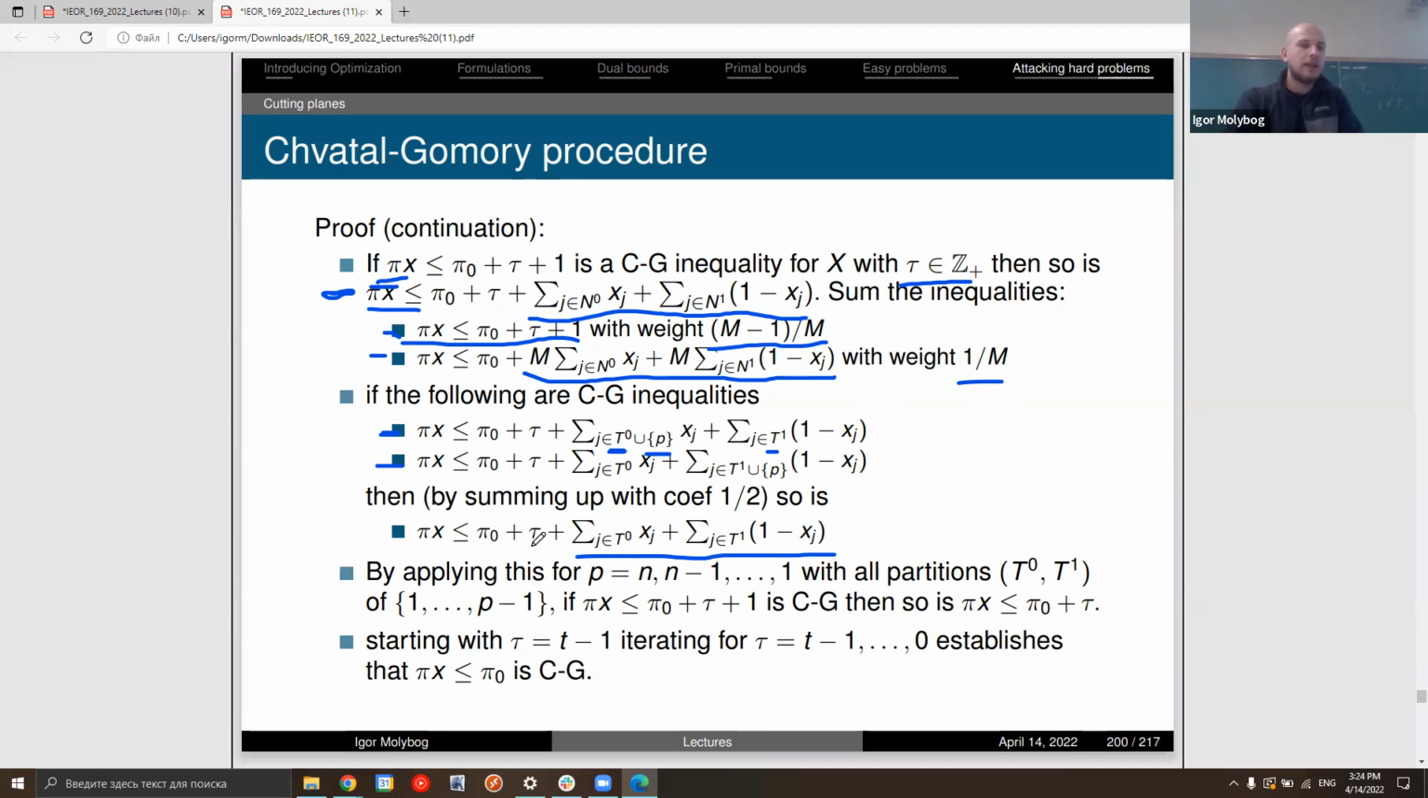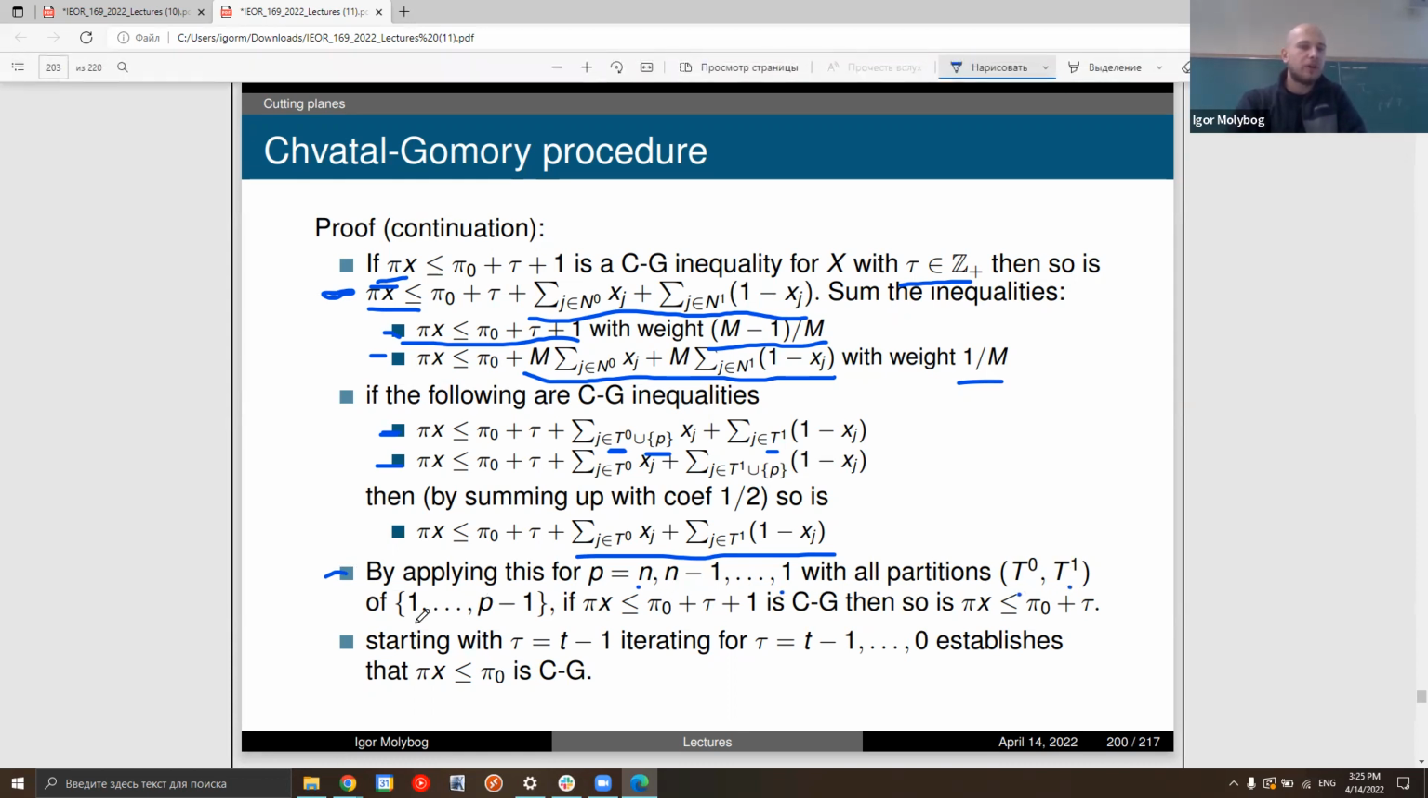And now, why is this important? It is because of the next statement that we are trying to prove. By applying this for p equal to 1 to n minus 1 and so on, with all partitions t0 and t1 of numbers from 1 to p minus 1, we can show that if pi x less than or equal to pi 0 plus tau plus 1 is a CG inequality, then so is pi x less than or equal to pi 0 plus tau. Just because we